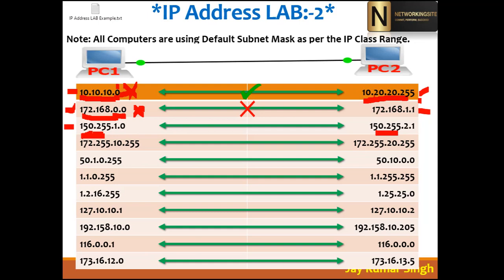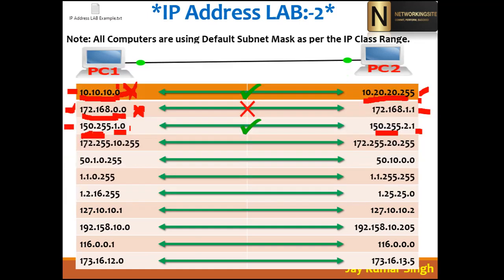Now let's go for the second condition. The third condition is saying all IP addresses cannot be the same. Yes, it is not the same. Fourth condition, all host parts cannot be 0. How many host parts are there in class B? Two host parts. Only one is 0, no problem. And all host parts cannot be 255. It's not 255, means it will communicate. So the IP address is correct. It's a valid IP address.